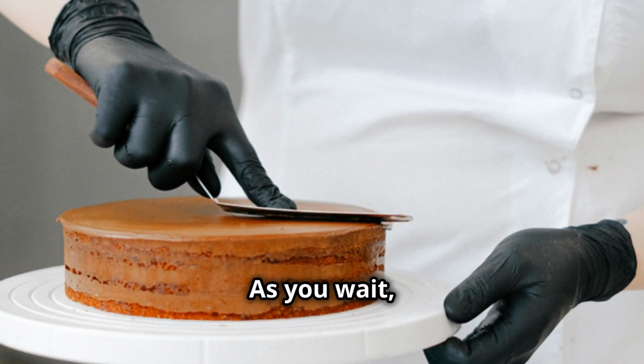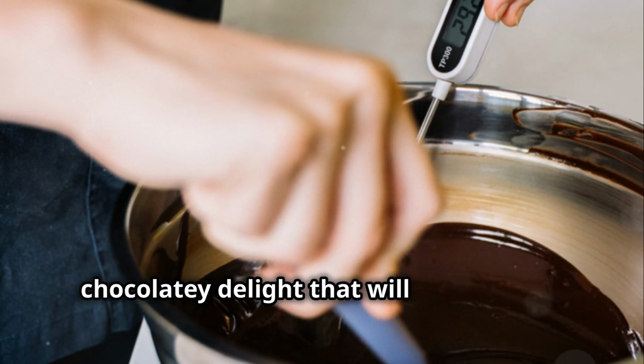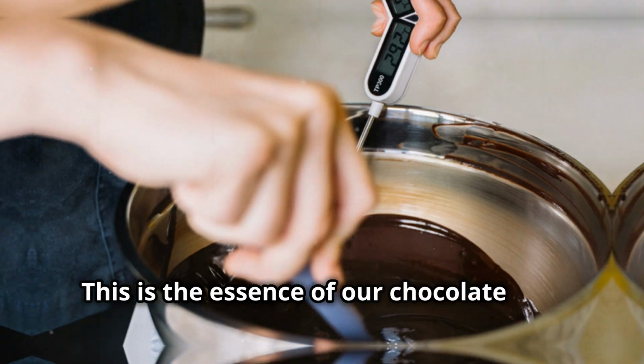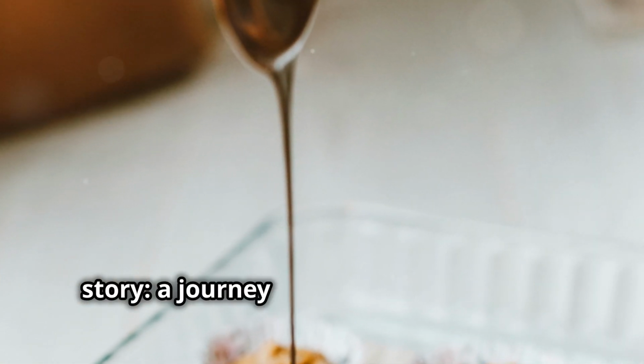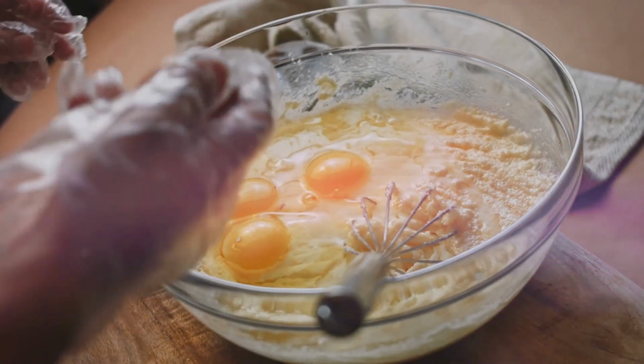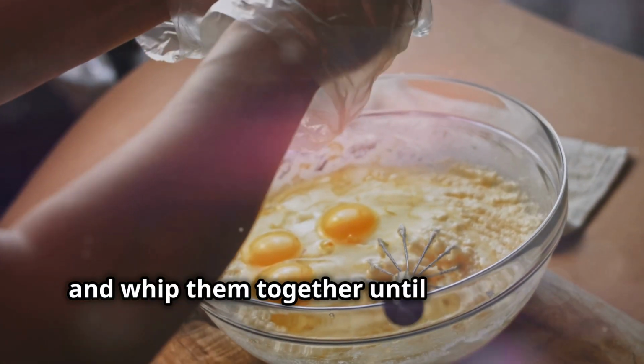As you wait, imagine the final product, a decadent, chocolatey delight that will melt in your mouth and warm your heart. This is the essence of our chocolate love story, a journey of flavors and emotions that culminates in pure bliss. In a mixing bowl, combine the sugar, eggs, and egg yolks and whip them together until the mixture becomes